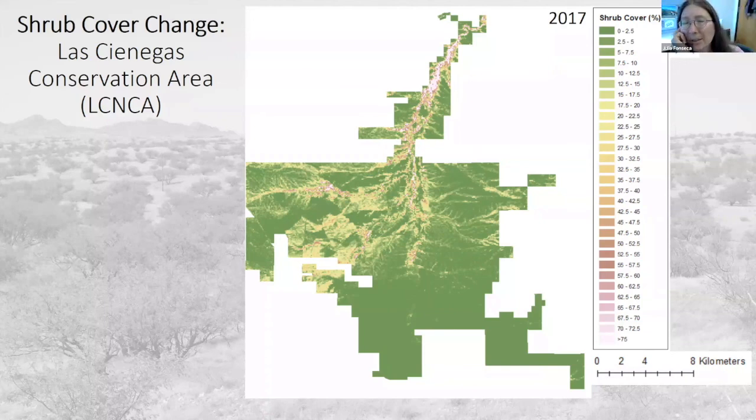So another question. According to FLPMA, the resource management plan has to be revised every 15 to 20 years. And we're already 20 years in. So it seems in hindsight that is a pretty wise part of the Organic Act for BLM, to revise those things periodically, and particularly with climate change and the shrub encroachment that we just heard about